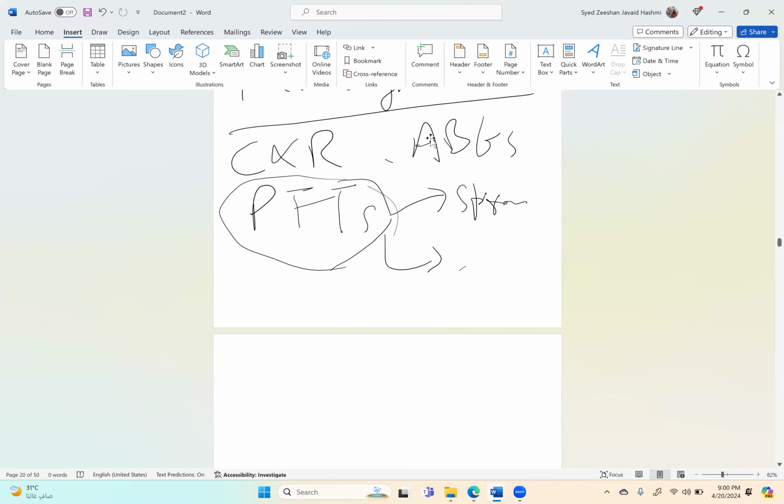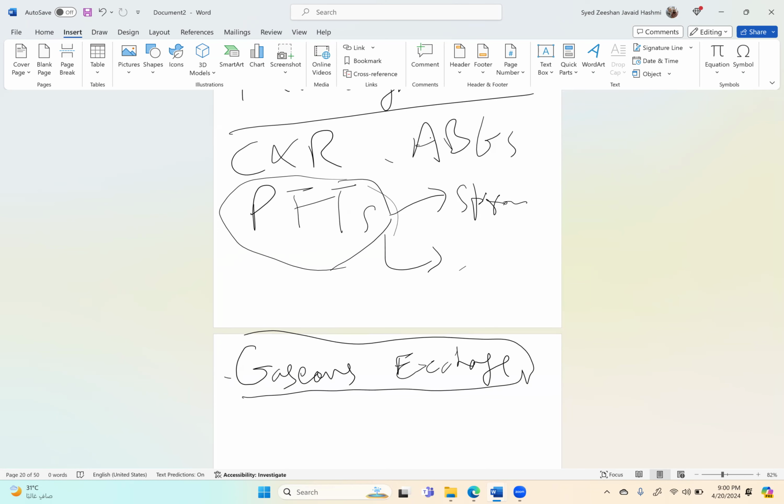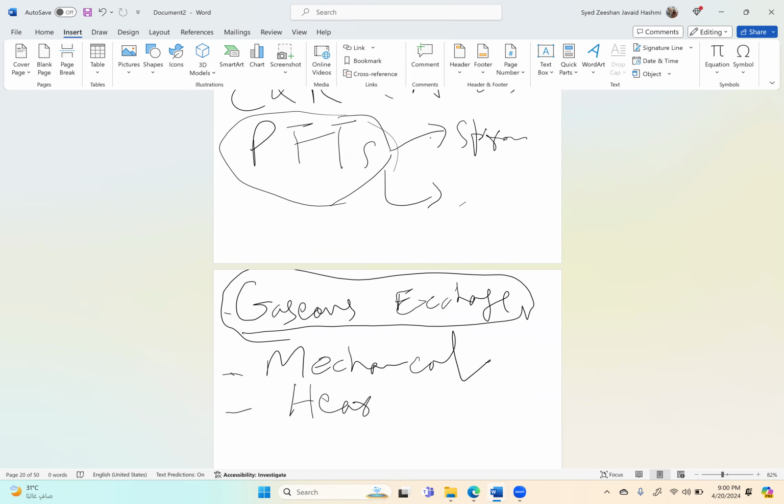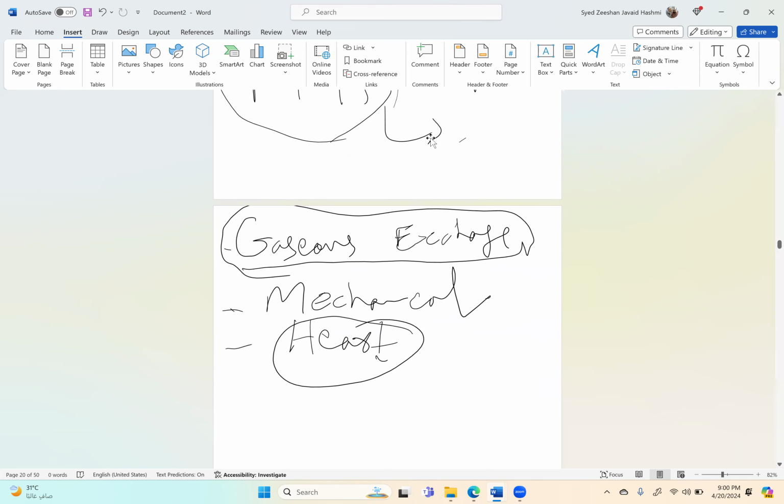Whatever investigation we are doing, actually we have to see if there is a problem with gaseous exchange. There is one thing we have to understand: is there any problem in the gaseous exchange, is there any mechanical problem, and the third thing is coordination with the heart, the big brother. So these are the three things, and I have put it in different words, but it is the same three-legged stool which we use in